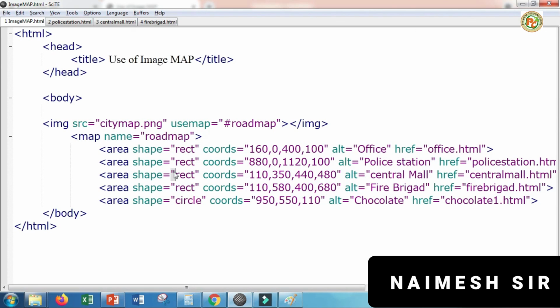Next time I will explain how to draw the polygon, because in that we have to specify 11 to 12 coordinates. So in the next session I will explain how to draw it, and after this session I will explain how to play video or mp3 songs on the HTML page.